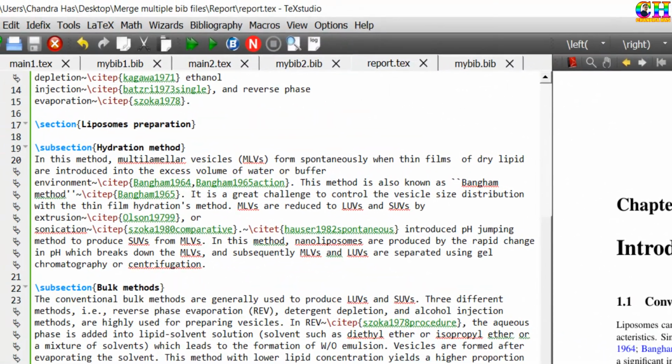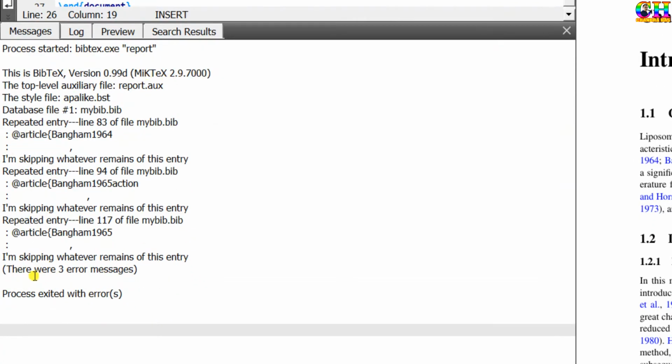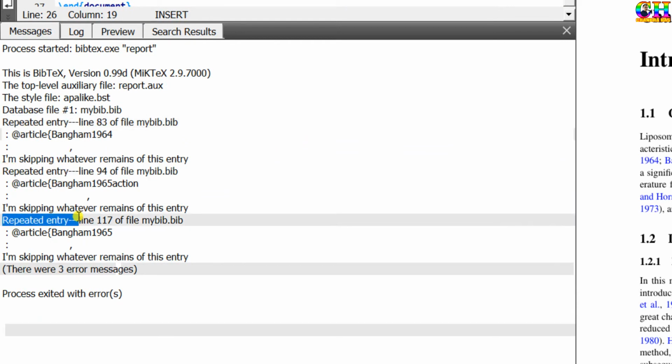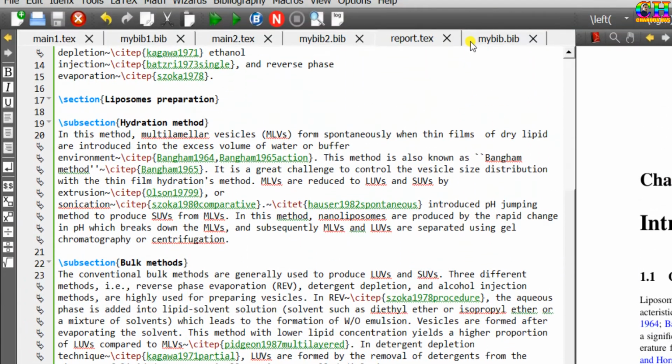Let us check the bibliography of the report. Just compile the bibliography and check the messages. There are 3 error messages. It's showing 3 duplicate entries in which everything is the same. We can manually delete the duplicate entries, but if you have a large BIB file, then it would be difficult